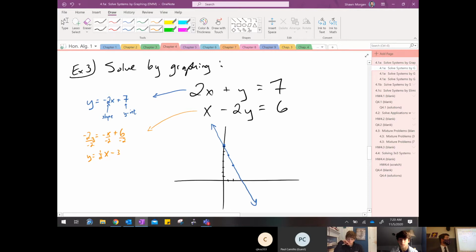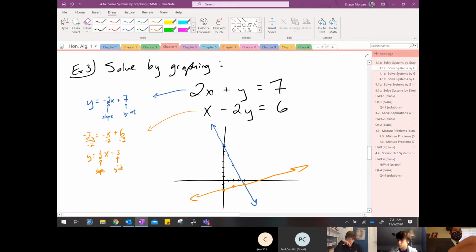So this orange line, he has a slope of 1/2. Slope is 1/2. Y-intercept, good old y-int, is negative 3. So that means on my graph, I'm going to start at y equals negative 3 on that y-axis. And my slope, I'm going to go up 1 and over to the right 2, up 1 and over to the right 2. And then I'm going to connect